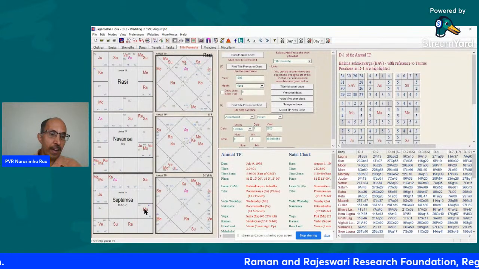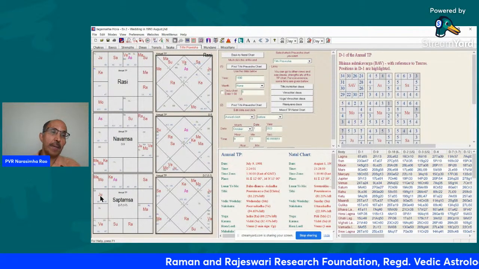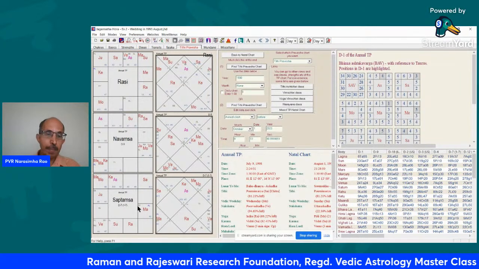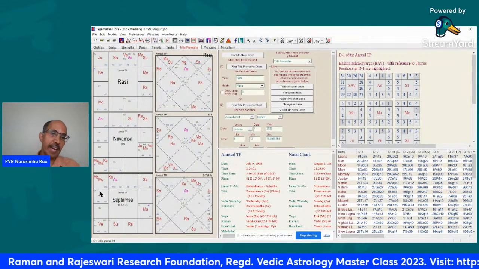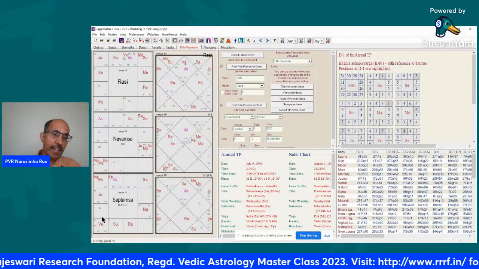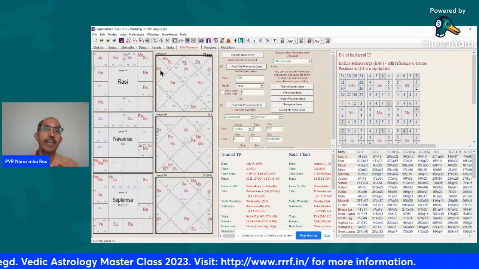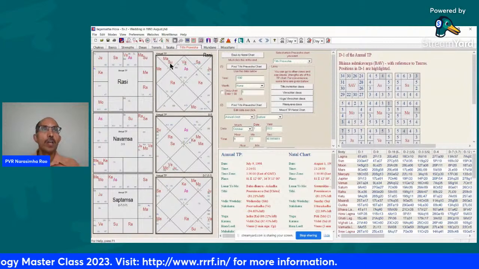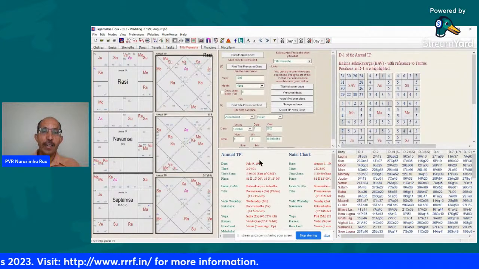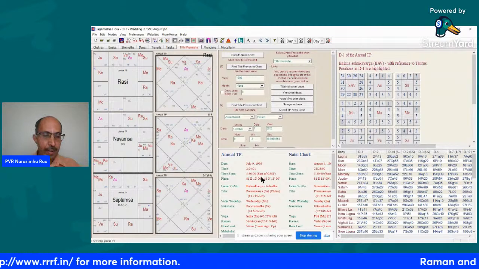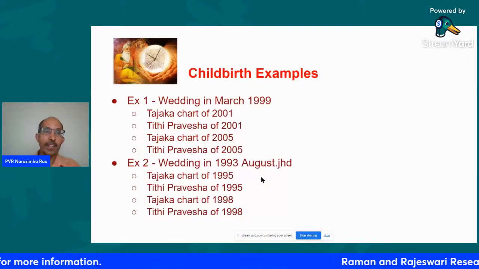And Jupiter, this is an interesting combination. Ninth Lord Jupiter is in Samsaptaka from the Lagna Lord Mars. So there is a Rajoga between the Lagna Lord and ninth Lord on the fifth house axis, the fifth-eleventh axis. So that's pretty conducive. So we looked at a few examples. Let us look at a couple more examples.